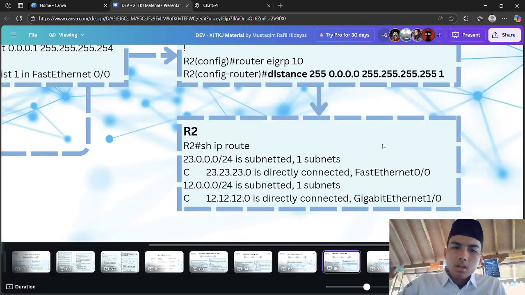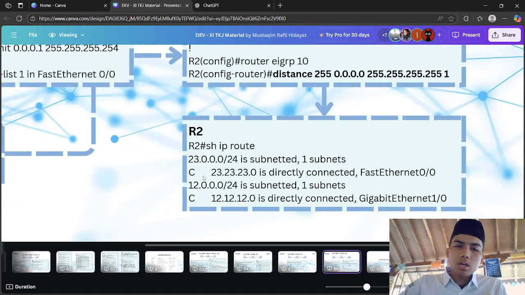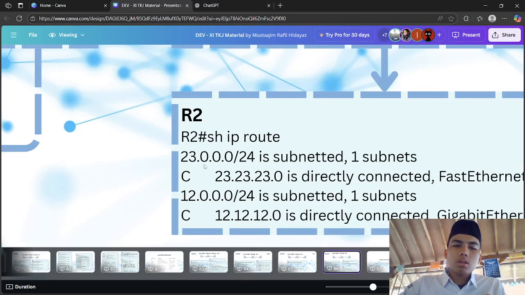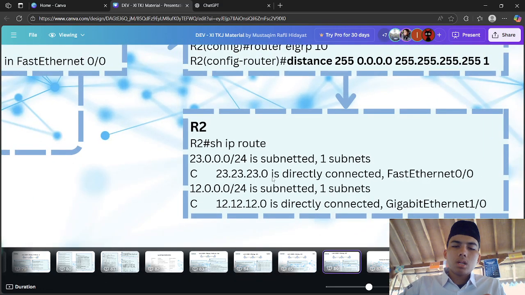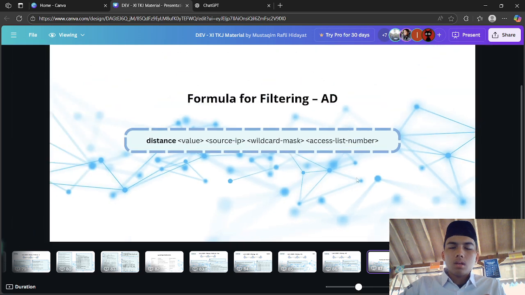If you do show ip route, it will show 23.0, 12.0. This is the formula for filtering AD: distance, value, source IP, wildcard mask, access list number.